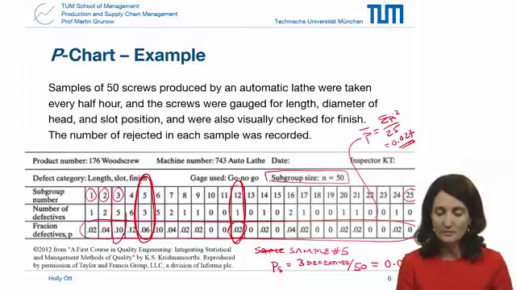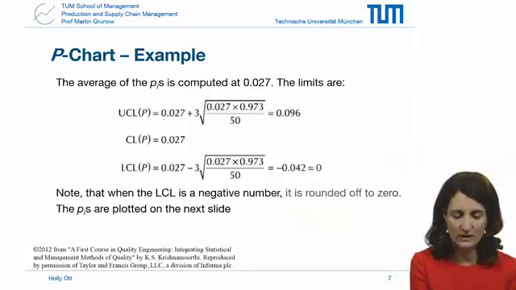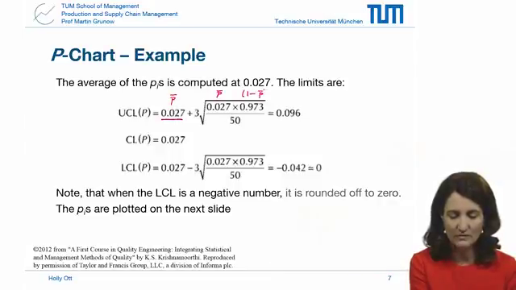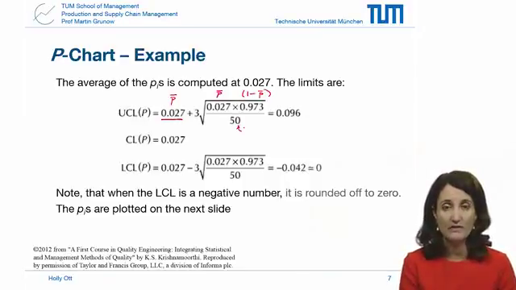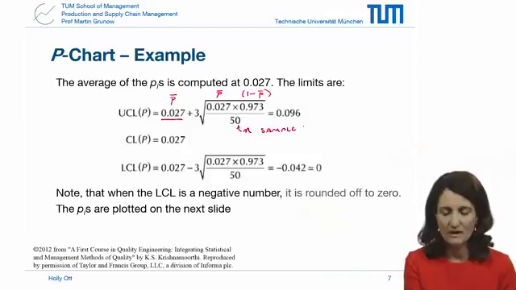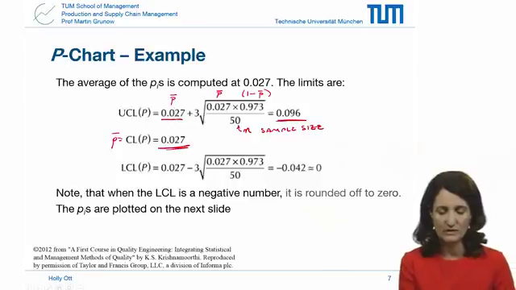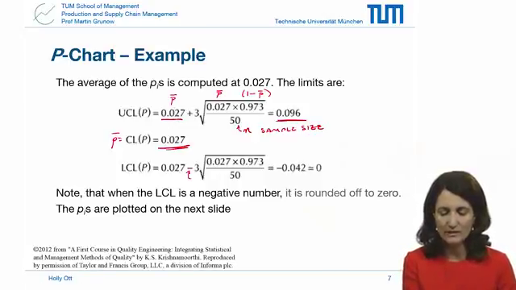We have the P bar, and so here we go, the P bar plus or minus 3 times the square root of P bar times 1 minus P bar over n, where n is the value that we used in every sample, so the sample size. If we calculate the upper control limit, we get 0.096. We already had the P bar equal to 0.027, and here with a minus sign we get